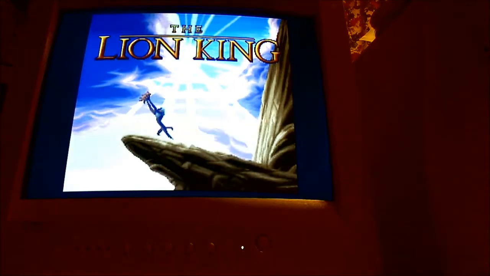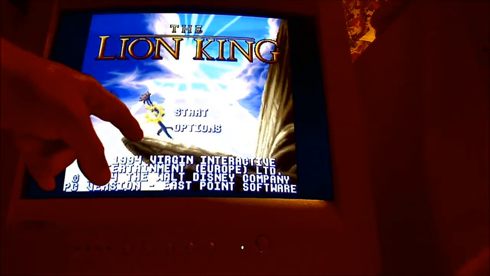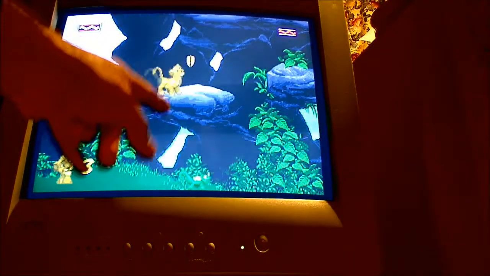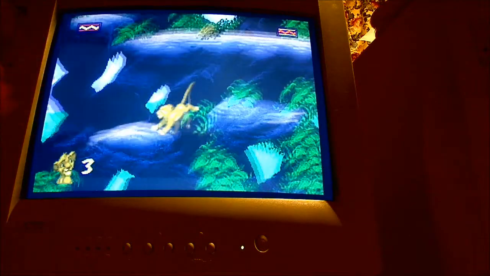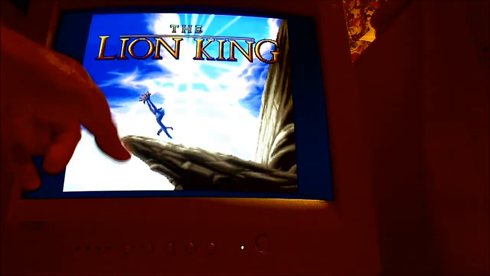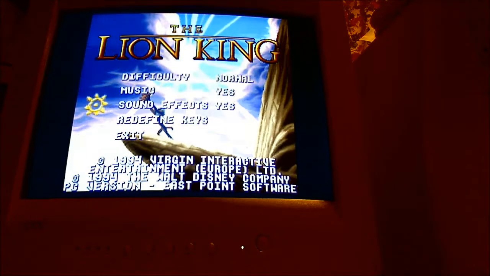Like I was saying, at the beginning startup, it's going to show start and options. You can press the down arrow and go to options. If you don't, it automatically goes to this demo, and you can't control the demo. It just goes through different things. Press the escape button and you go back to the menu. Now choose options with the space bar and you can redefine keys. You can choose which keys do what. You can change how difficult the game is. You can include music if